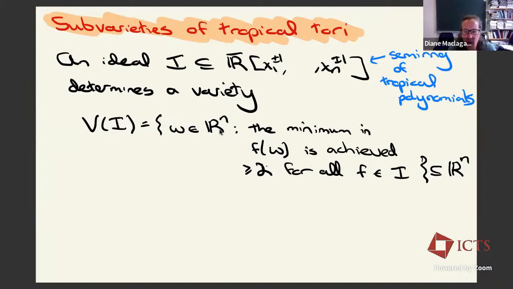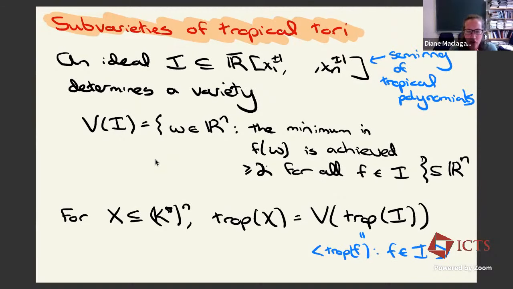We just ask for the minimum in f of w to be achieved at least twice, for all f in your ideal. Here f is a tropical polynomial, so it's a tropical sum of some terms, which in usual arithmetic is the minimum of some terms, and we want those minimums to be achieved at least twice. It's a minimum of a bunch of things, and we want that minimum to be achieved in more than one term for the value w. And that's our set of w. And you can note that